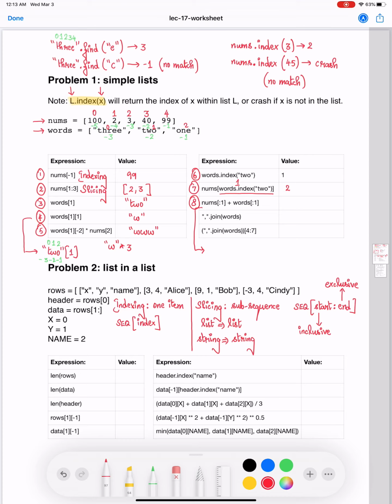Even though you only get one item out of this slicing, you're still going to get a slice, because whenever you slice a list, you're always going to get a list. So the item at index position 0 is going to be the only item that is part of the slice.